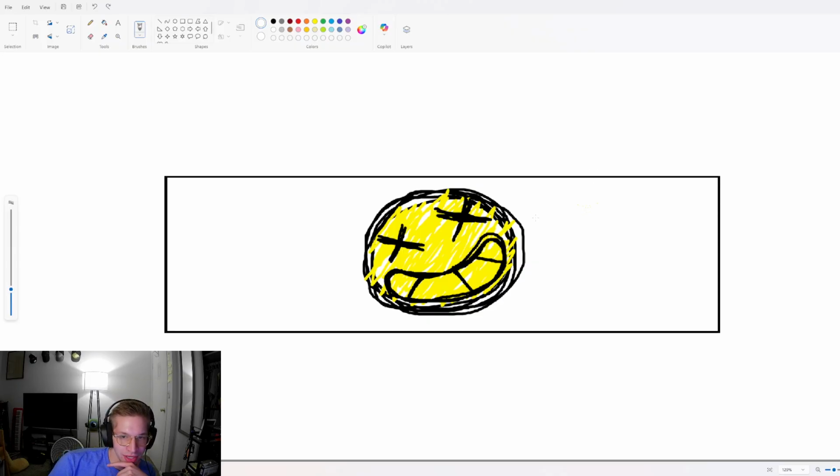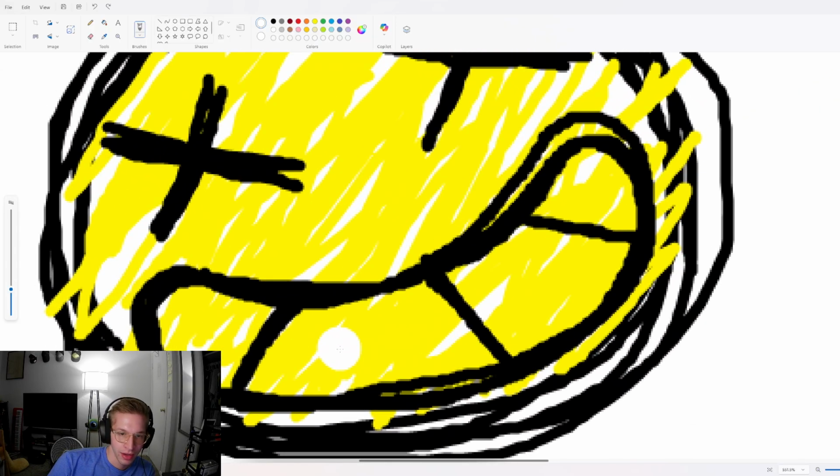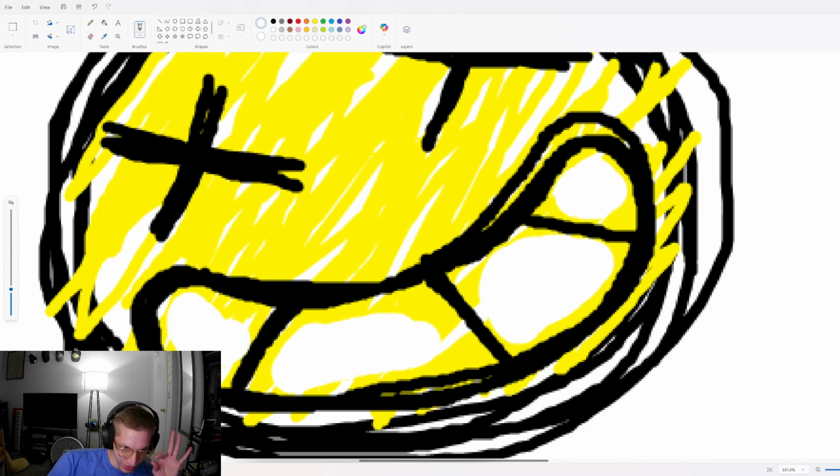I'm trying to think how I should get his teeth white. What I can do is zoom in by a lot. I can do this kind of maneuver. That's one of the pros of the digital medium, that I can do things like this. You can't do this with a pen and paper. I mean, you can try. You can hold it really close to your face and really lean in there, but it won't be this easy. Believe me.